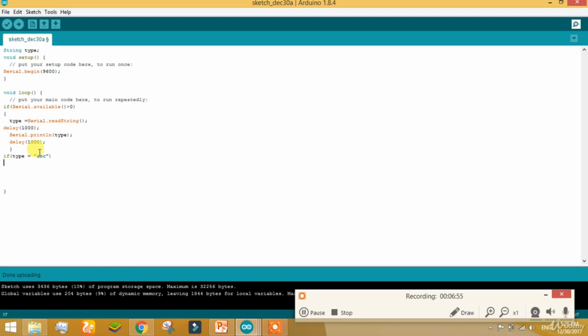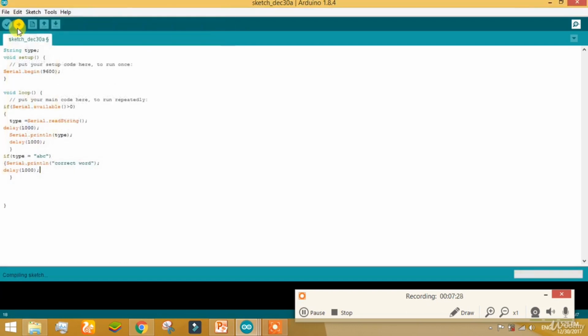Make two curly braces and write Serial.println with the text correct word for the test. Give it a delay of 1000 milliseconds for better performance. Okay, upload it to the board.